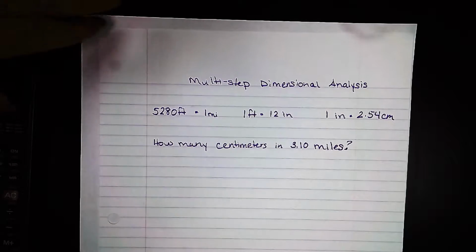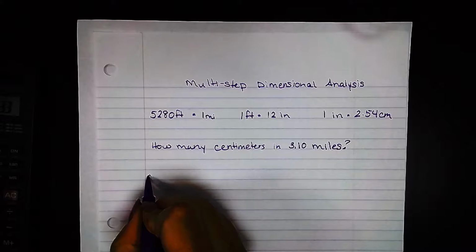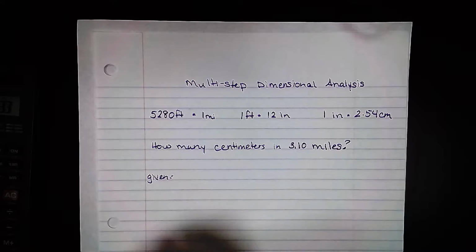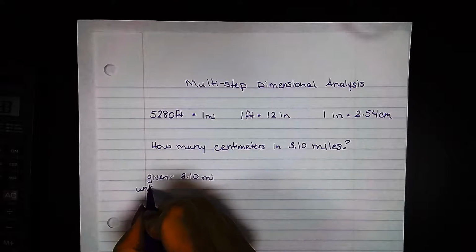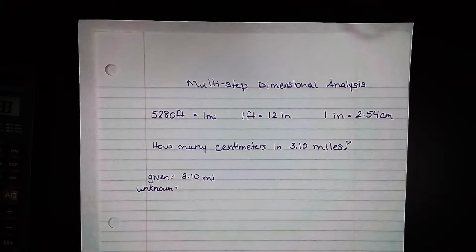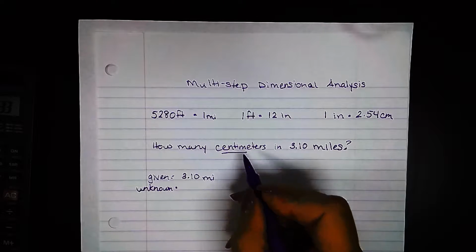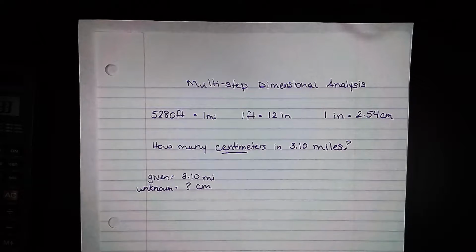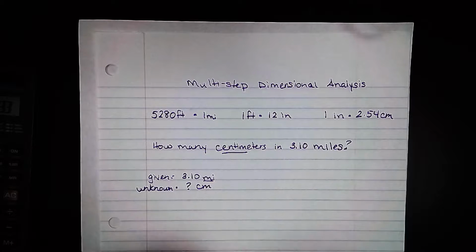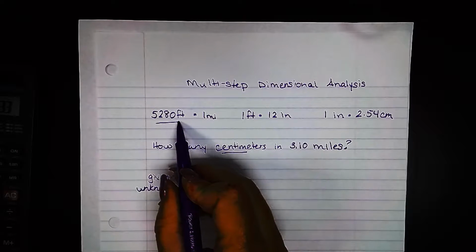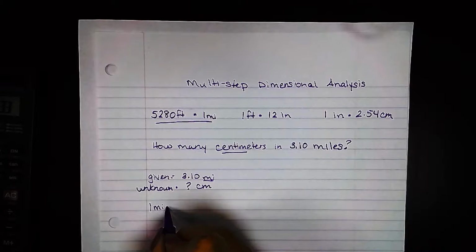We're going to set it up the same way that we have been setting it up. So my given is 3.10 miles. My unknown, what I'm looking for, is how many centimeters. Now, we can't get this problem solved with a single equality statement. So we're going to have to put some equality statements together. All right? And what we need to think about is we're starting with miles. So we're going to need an equality statement with miles in it. All right? So this equality statement starts out with 1 mile is equal to